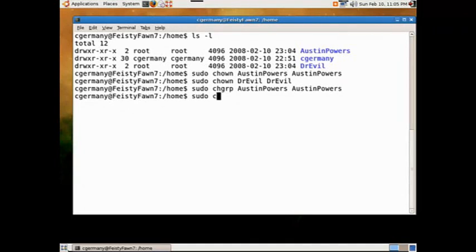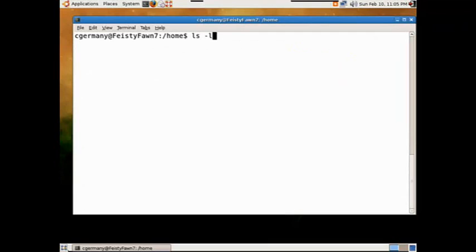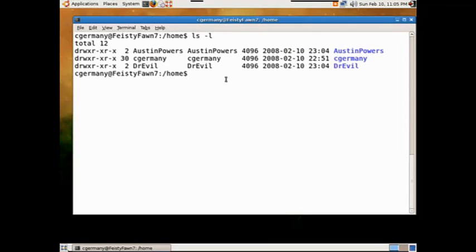And Dr. Evil, and okay, now I've got what we want. In this case, Austin Powers owns Austin Powers, and C Germany owns C Germany, and Dr. Evil owns Dr. Evil. So again,